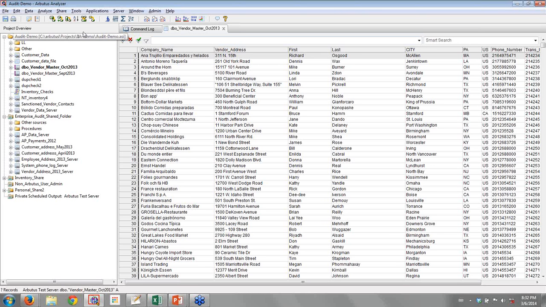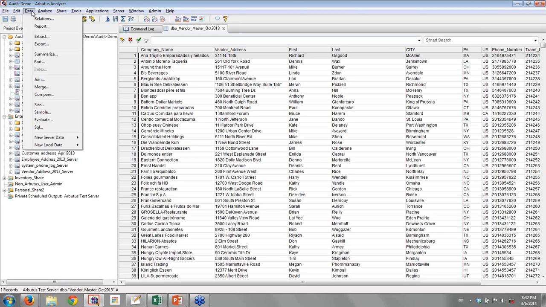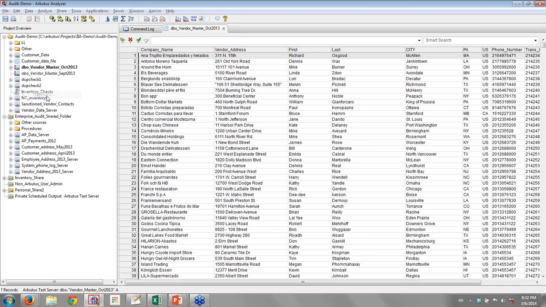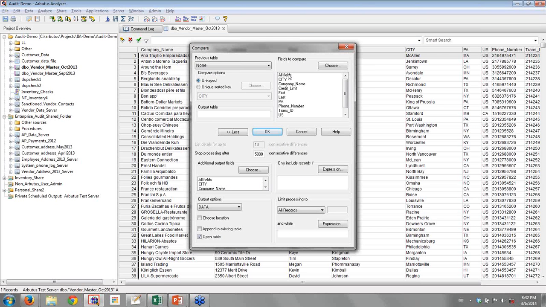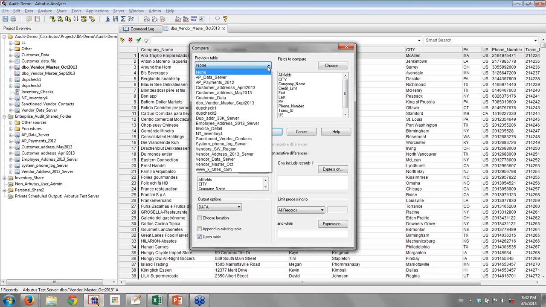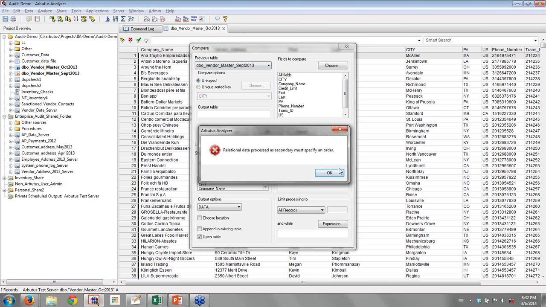Now the test I was going to show you utilizes a command called compare. And here it is. It's a matter of opening up the initial data file I want to work with, in this case, vendor master file from October. And now I want to choose and compare that to